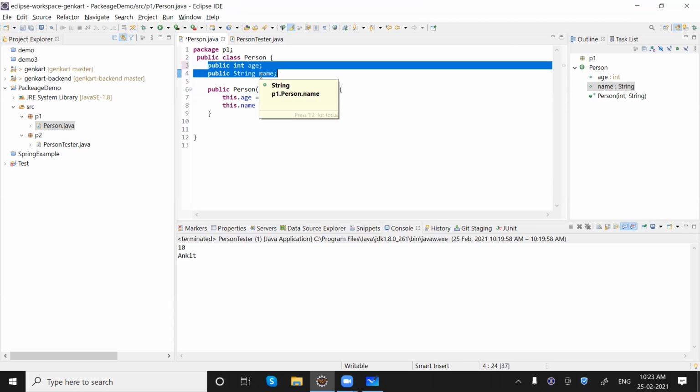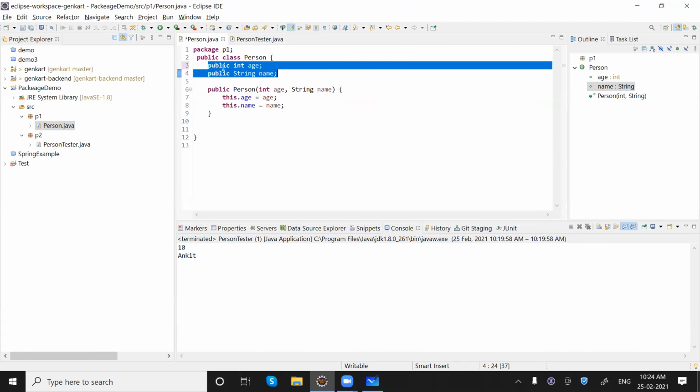Now if we make them private, then how will we be able to use them? We will add some functionality called getters and setters, and you might have found the terms accessors and mutators. Basically setters are called mutators and getters are called accessors.